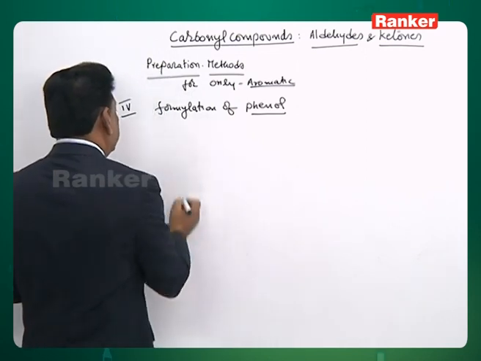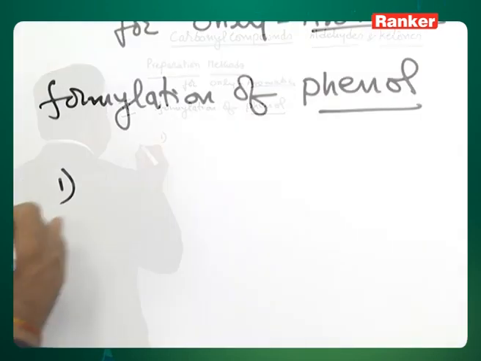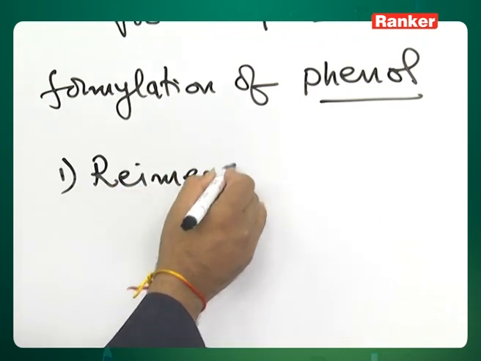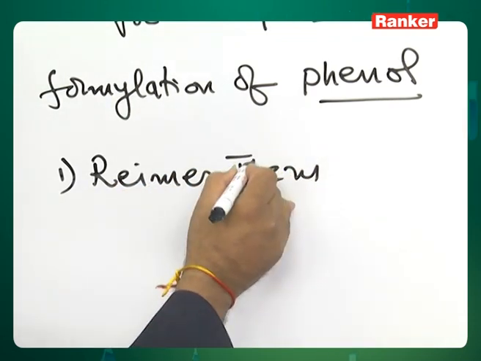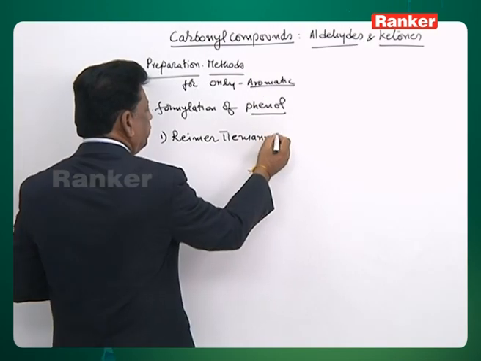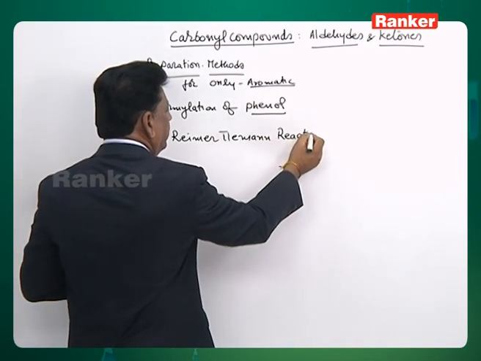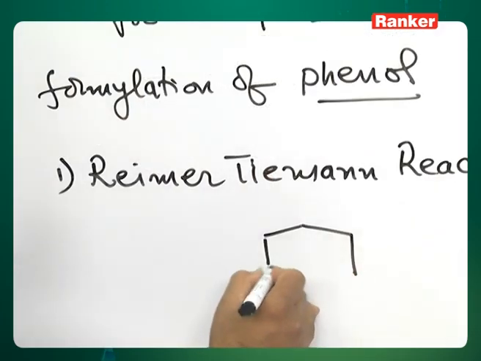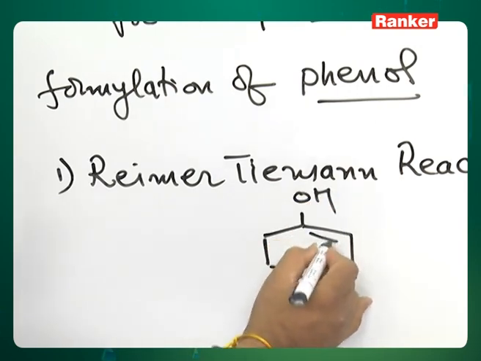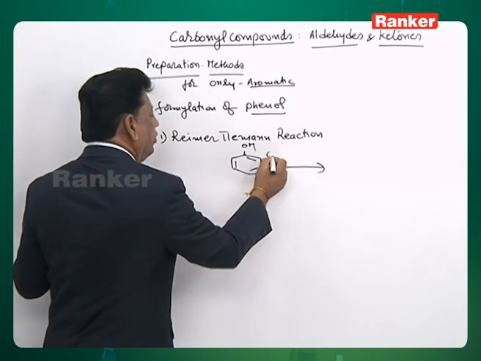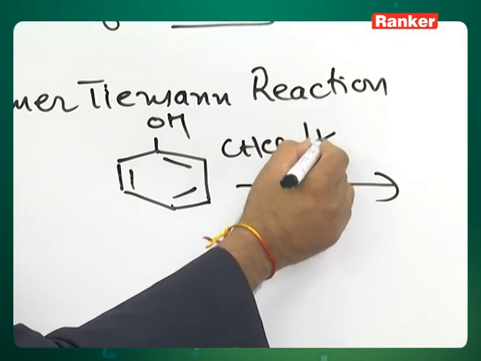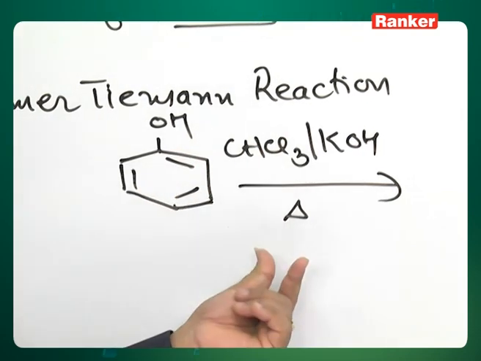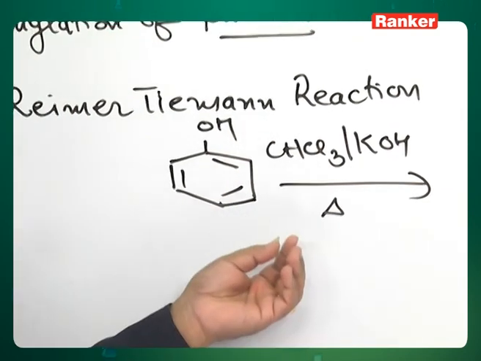So, there are around 3-4 reactions. The first reaction is again popularly known as the Reimer-Tiemann reaction. In the chloroform topic, we have taken this reaction. In this reaction, phenol is taken and treated with chloroform and KOH, boiled for some time. As we have seen, first a CCl2, which is called dichlorocarbene, forms, and the